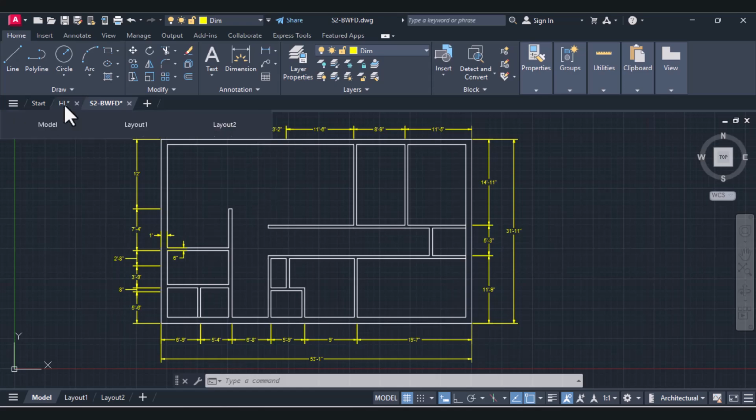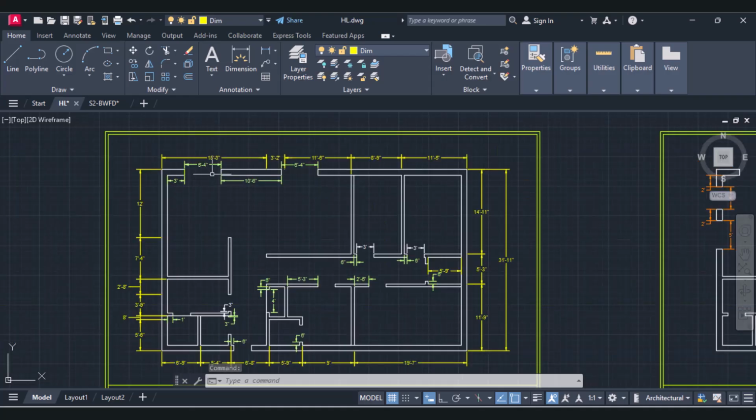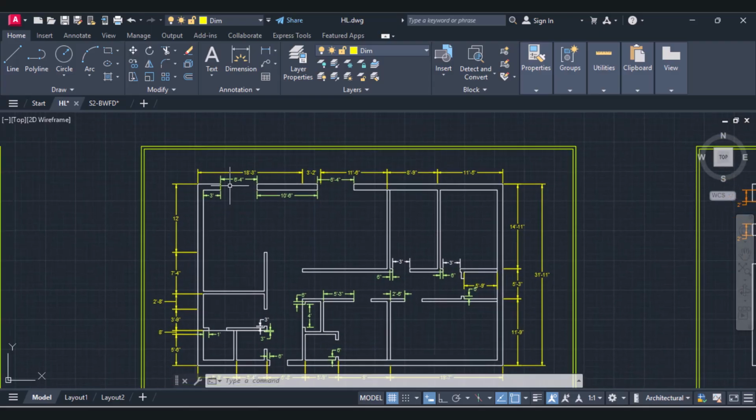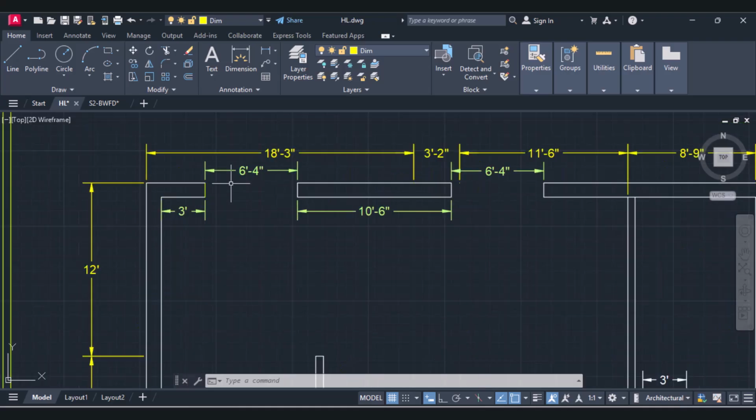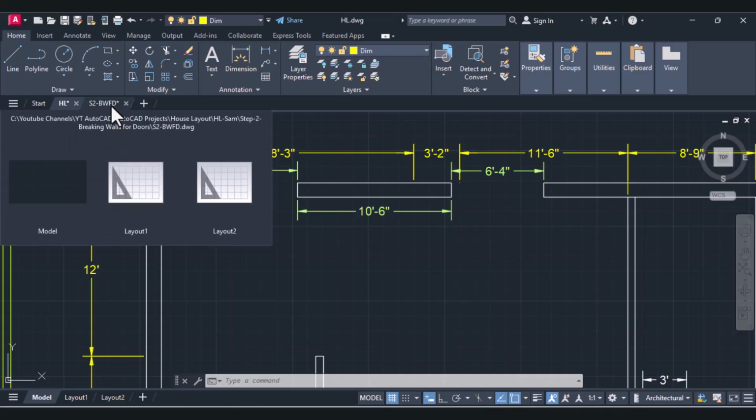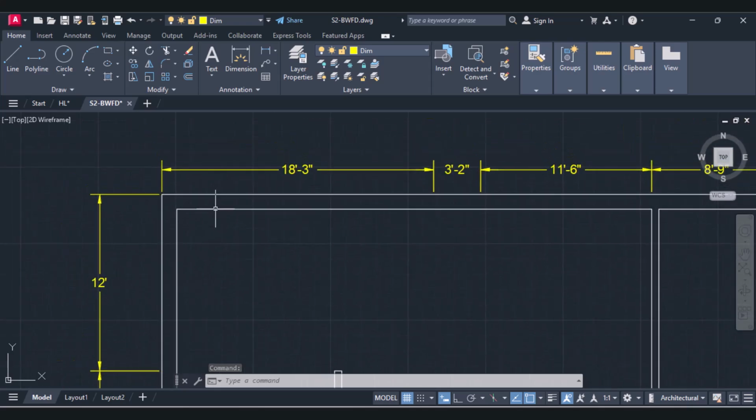Now let's come back to our original downloaded file, and these are the locations where we are going to break the walls. We'll start from the left side and go on breaking the walls in the clockwise direction. So the first thing which you will notice is that we are going to break the wall at 3 feet distance from the inner side. So let's come back to our drawing and come to the top left corner, and we